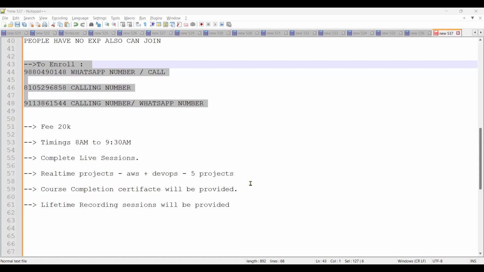There are many services, but Snowflake is an ETL tool. There is no comparison between AWS and Snowflake. Both are different concepts. You can learn AWS plus Snowflake if you want.